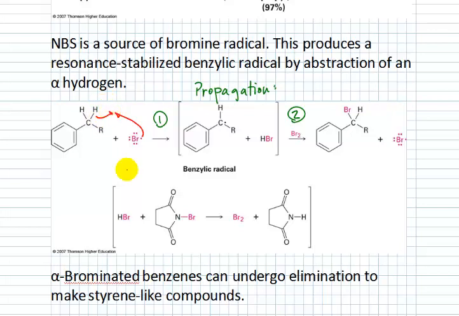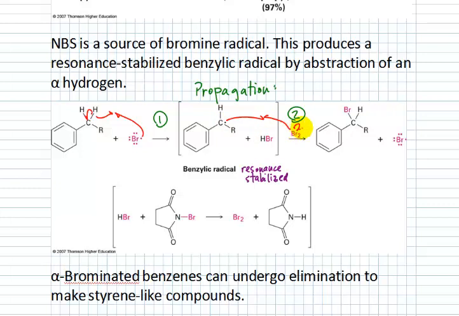And remember, I'm drawing these single-headed arrows because it's one electron. So one electron from the CH bond will meet the one electron from the Br dot. This is a bromine radical. The other electron will land on the carbon, giving us this benzylic radical, which is resonance stabilized. The radical character will be spread out through the ring at the 2, 4, and 6 positions. The benzylic radical then will be able to react with a